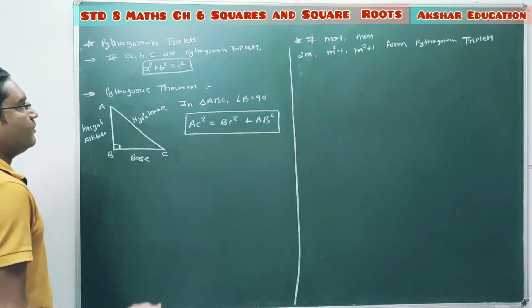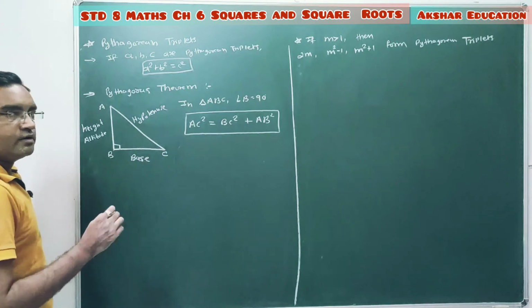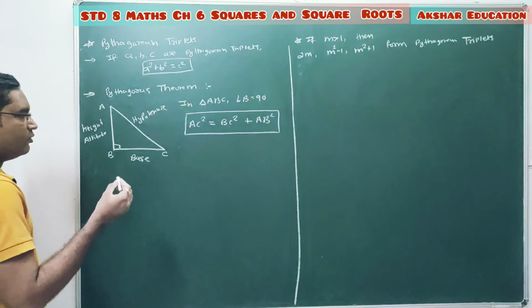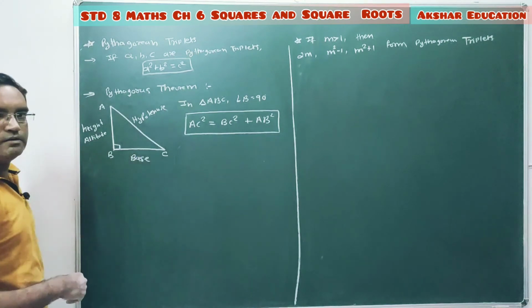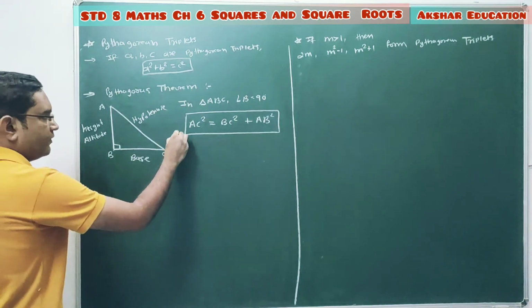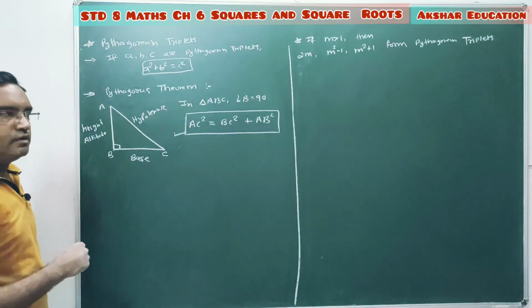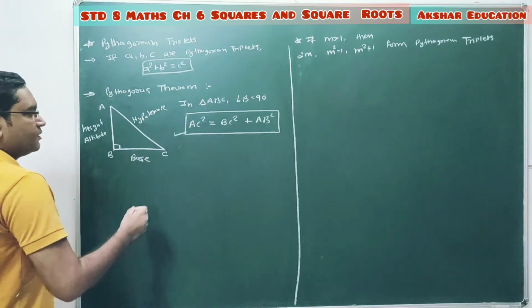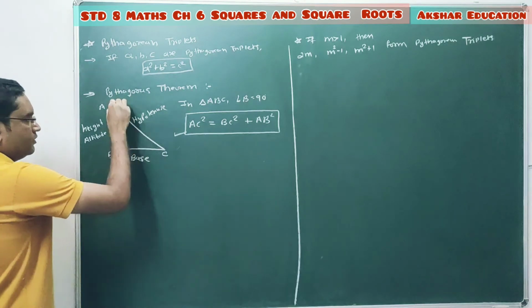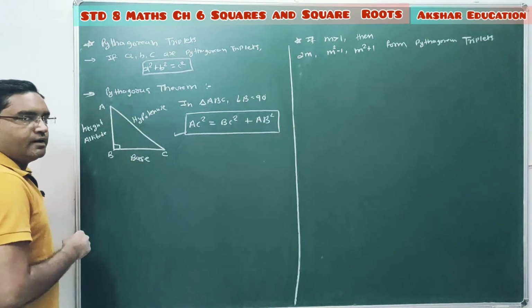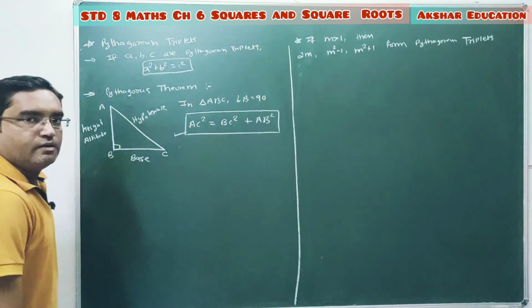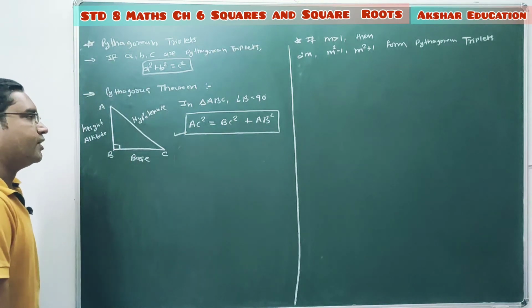Now, what is Pythagorean triplets? The values, or you can say the lengths of the sides of this right angle triangle which satisfy our Pythagoras theorem, are known as Pythagorean triplets. Clear, students? For example,